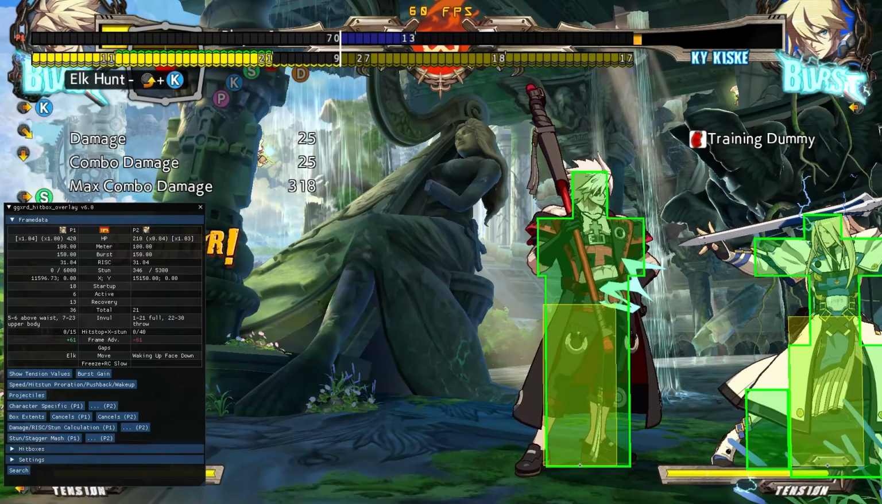Finally, I'd like to go over the actual hitbox display. The various colors represent different things. Red represents hitboxes, green represents hurtboxes, light blue is would-be counter-hit hurtboxes, gray is pre-hit hurtboxes, yellow is push boxes,